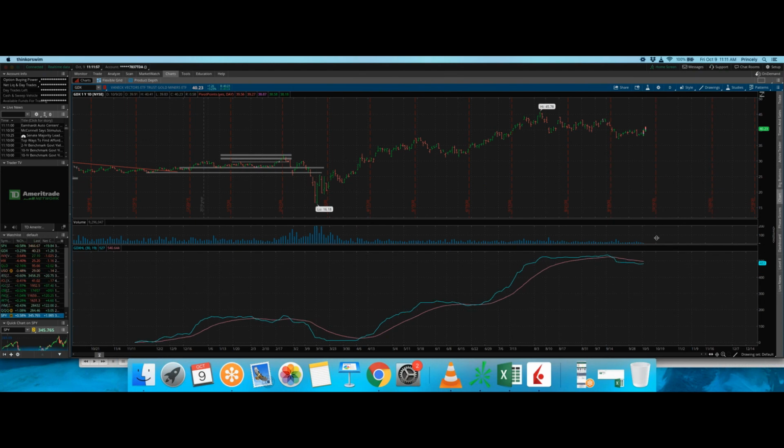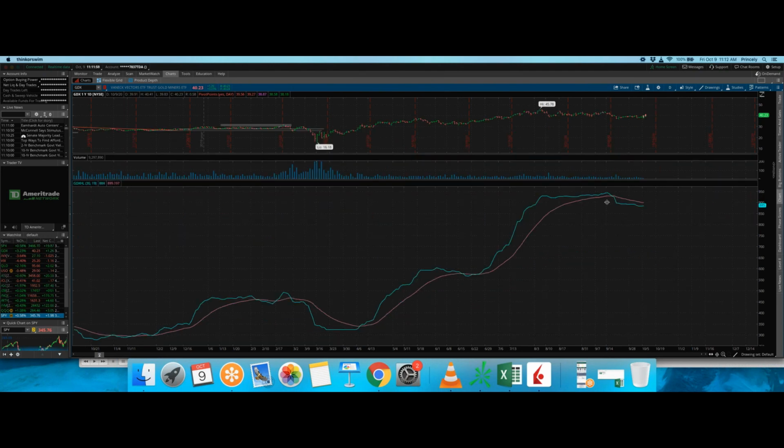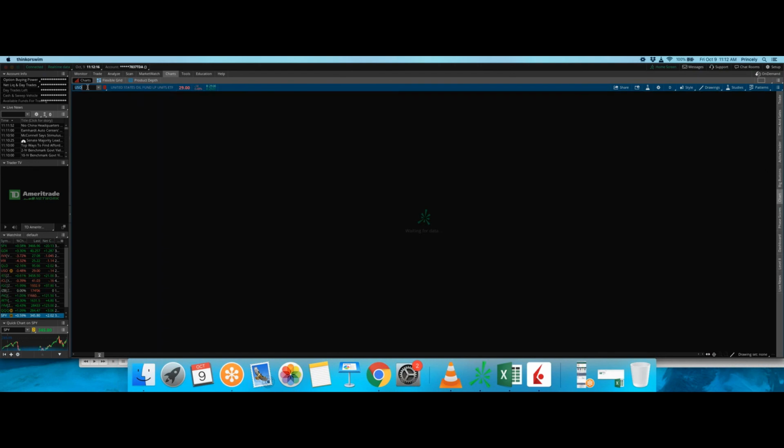Okay, so this is GDX high-low, which is basically one of the ones that we track in the core signal table. So it went to a sell on 921. It's still on a sell. It's not gone to a buy yet, but it started curling higher. If we go to USO,